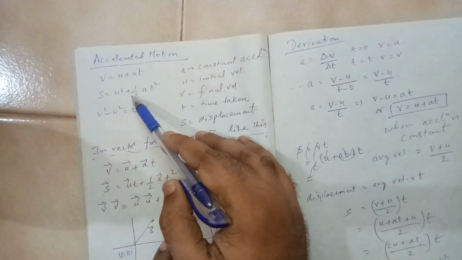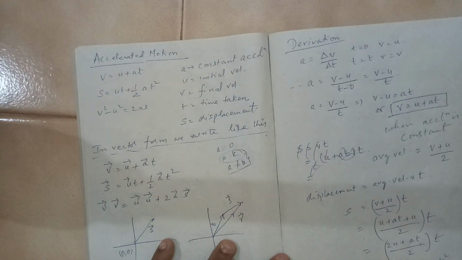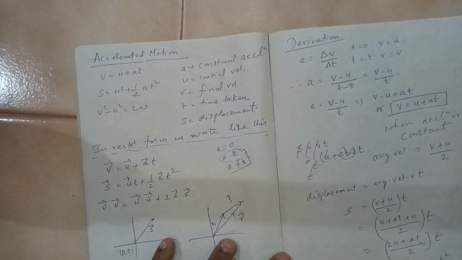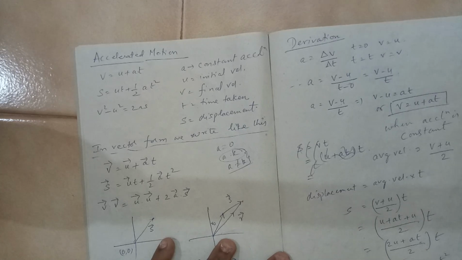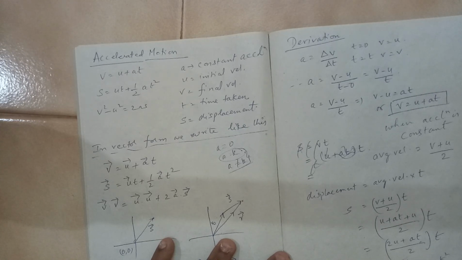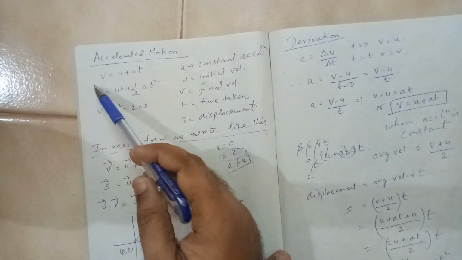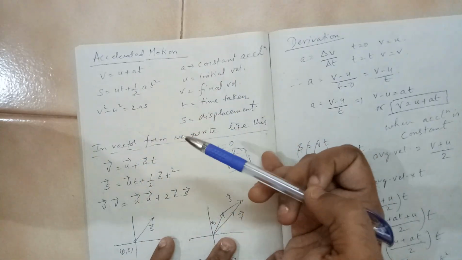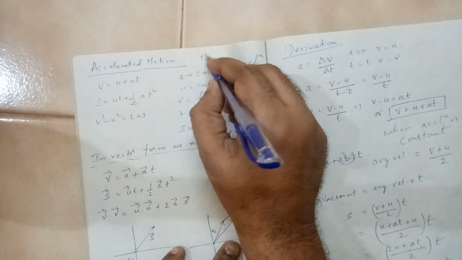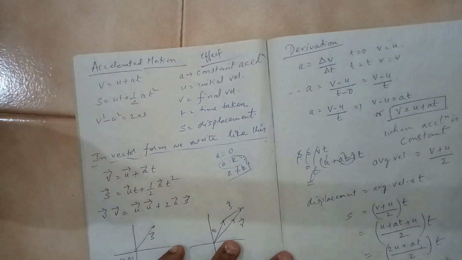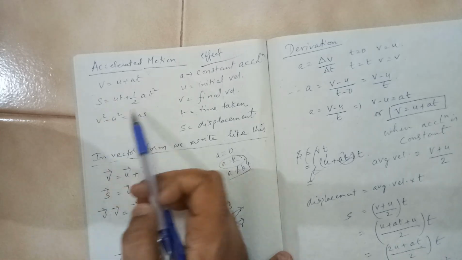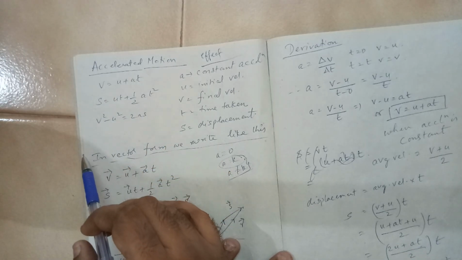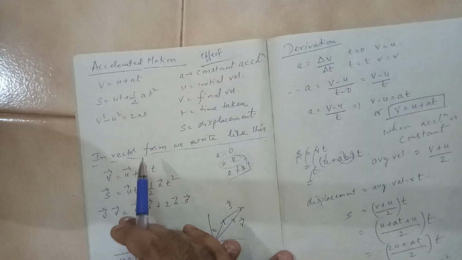And those three equations are these. We will derive them also. But these three equations are applicable only for a constant acceleration. Right now we are studying kinematics. So here velocity, displacement, acceleration, time taken, all these are basically effects. You are not studying the reason why this velocity is coming. Why the displacement? Who made the displacement?